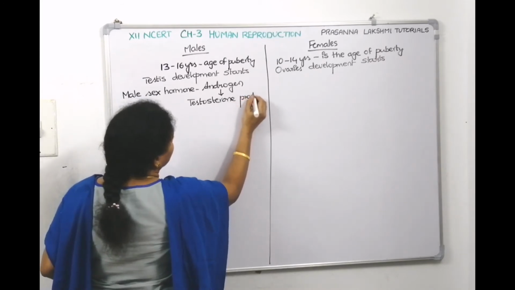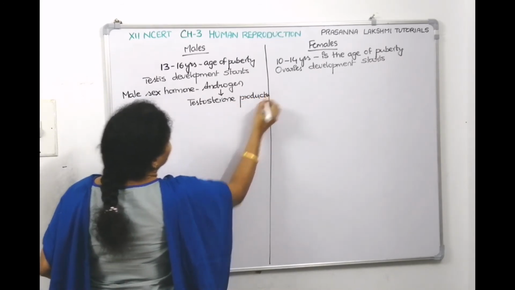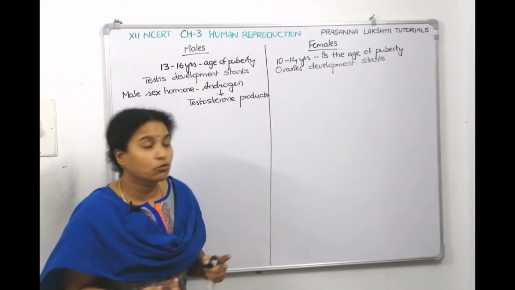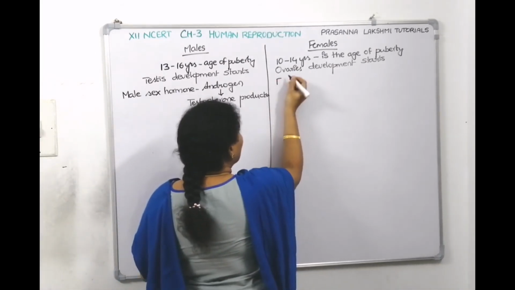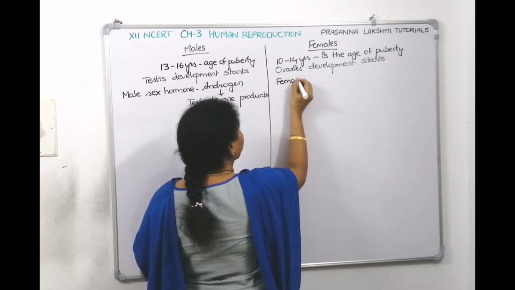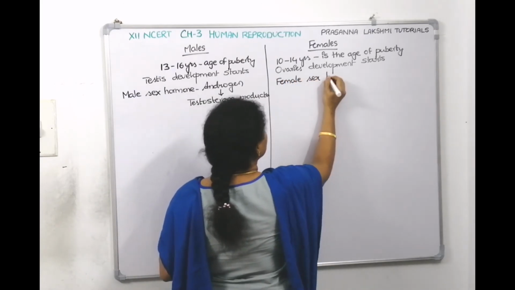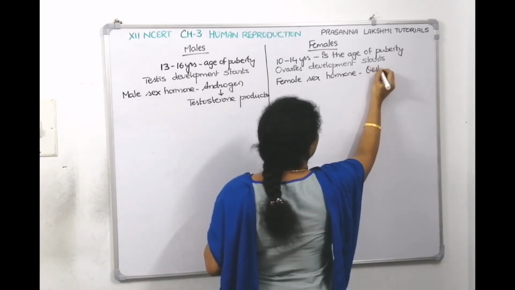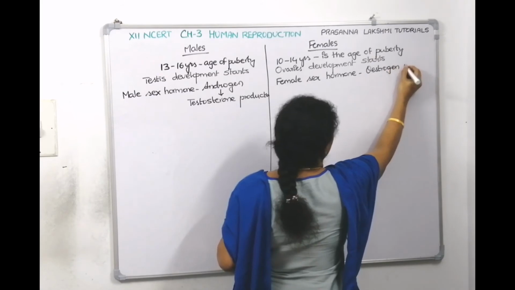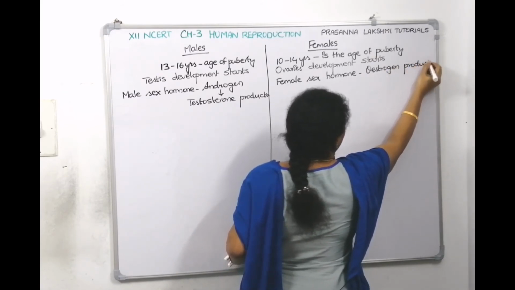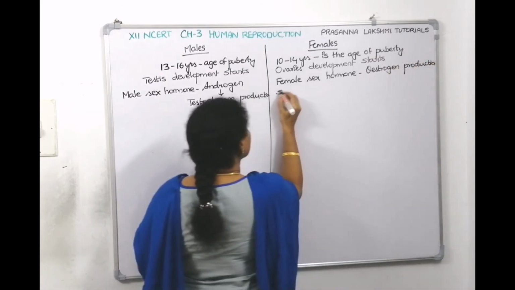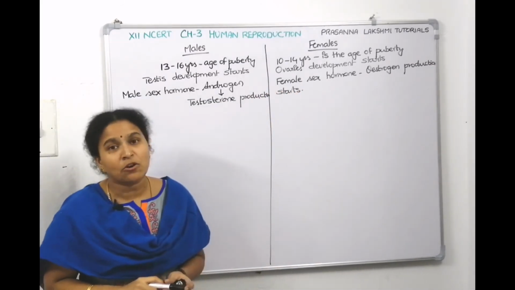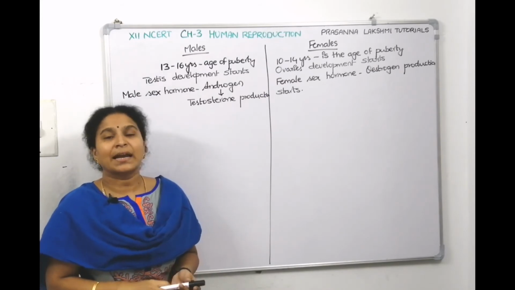Testosterone production starts here. Whereas in females, the female sex hormone is called estrogen. Ovaries will produce the female sex hormone. What is the female sex hormone? I told it is estrogen. Estrogen production starts. Now, under the influence of these male and female sex hormones only, the reproductive organ development will